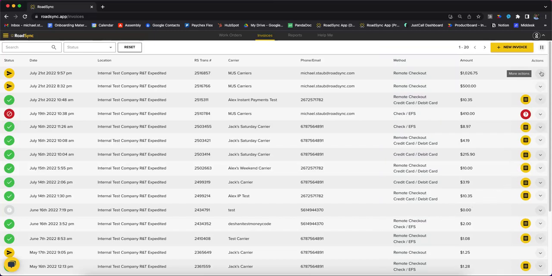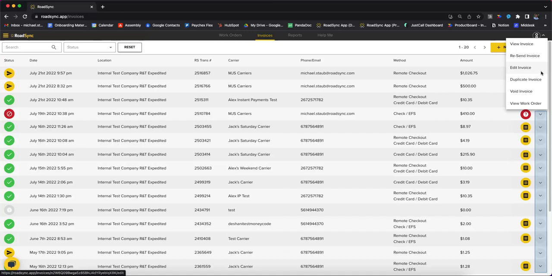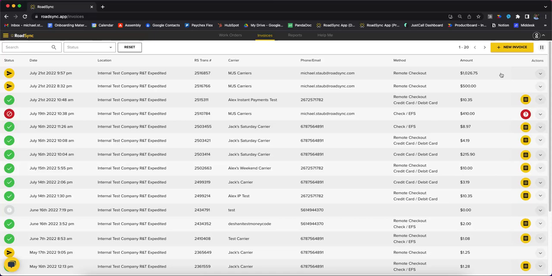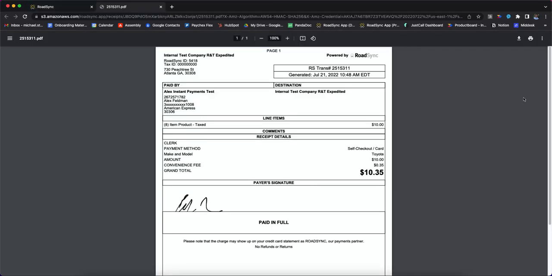If you need to edit an invoice for any reason that has not been paid yet, if you click on the drop down to the right, you have additional features right here. You can always view the invoice, resend the invoice, or edit the invoice as long as it has not been paid. If you ever want to view a receipt of an already paid invoice, you will see this view receipt icon right here. If you simply click on it, it will then pull up